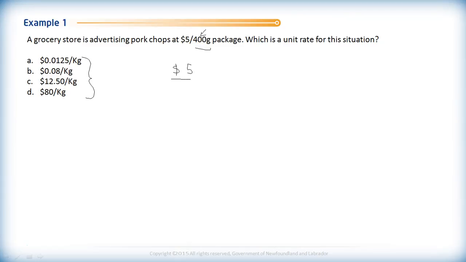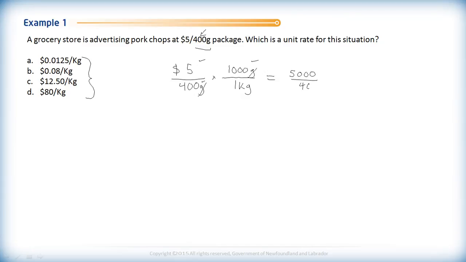So we want to take $5 per 400 grams and convert it into dollars per 1 kilogram. Okay, so we just do a unit conversion. Let's remember, we got 1,000 grams in 1 kilogram, and we put the grams on top of the ratio so that we can cancel out those units. And then we're just going to take 5 times 1,000 and then divide it by 400. Okay, so let's see what we get. We get 5 times 1,000 over 400 is 5,000